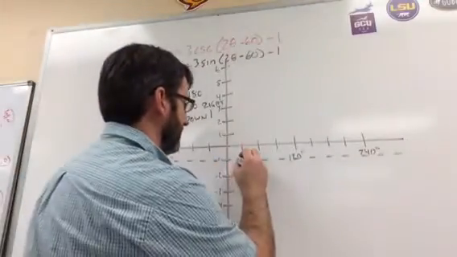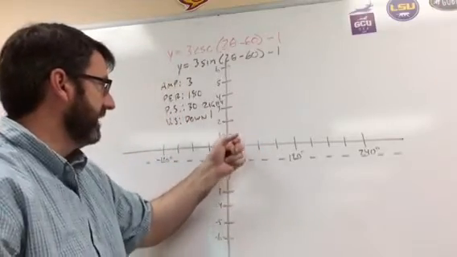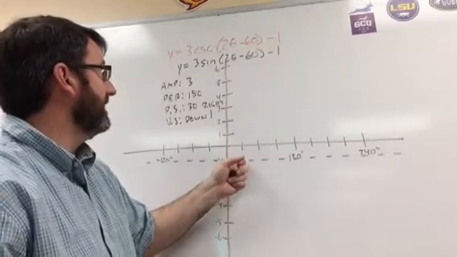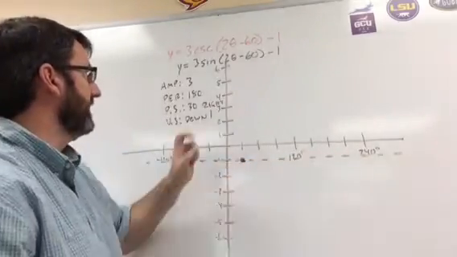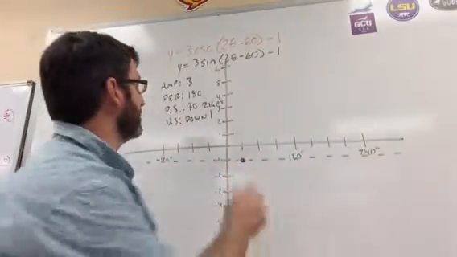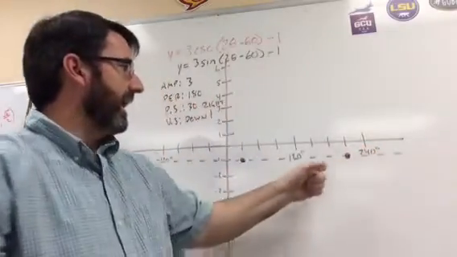So we're going to be right here at 30 degrees, right on the midline. And then, of course, we're going to be back on the midline after one period. So if we add 180 plus 30,